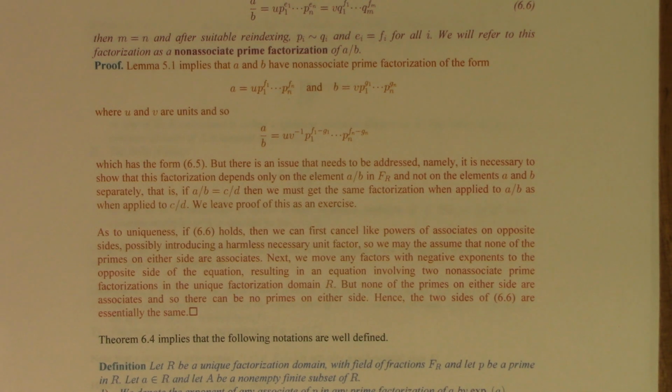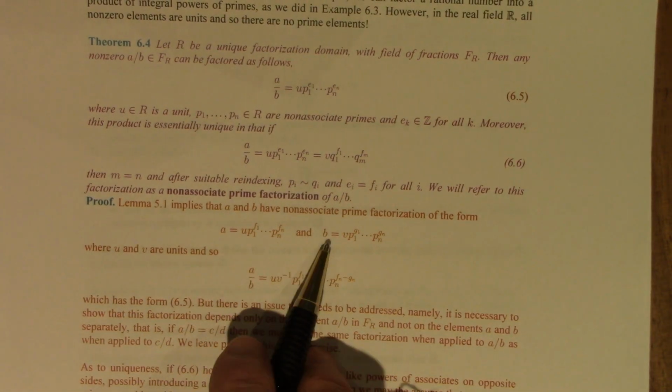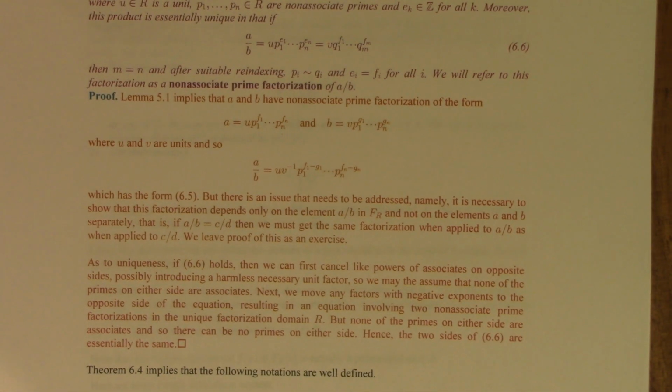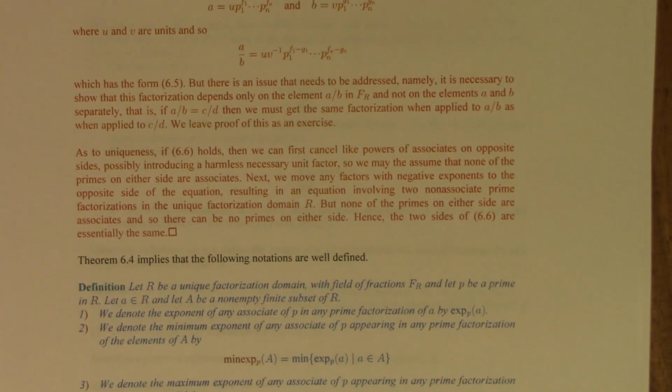Since none of the primes on either side are associates, there can't be any primes because R is a unique factorization domain. In other words, we've wiped out everything in this process. So the two sides of our factorization are essentially the same. Now this theorem is important